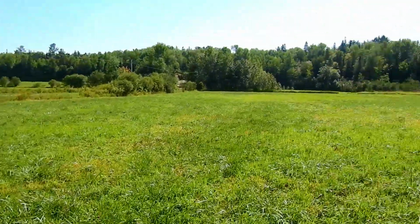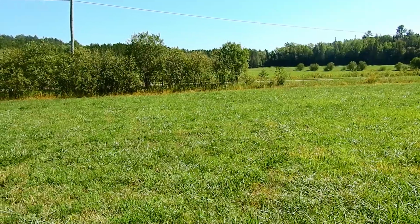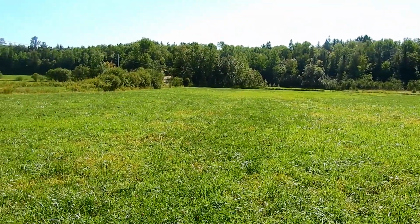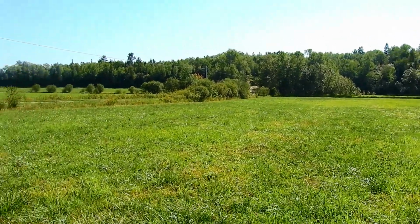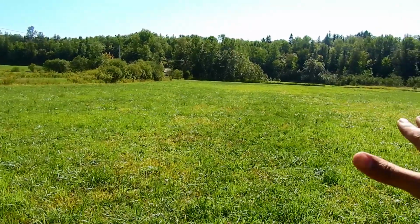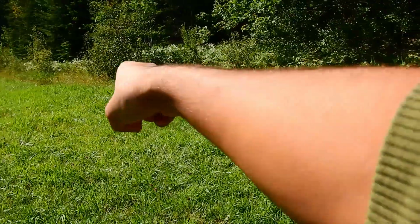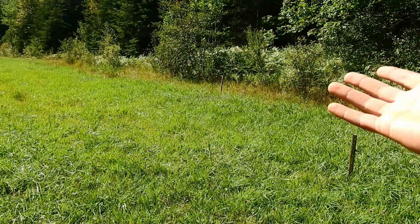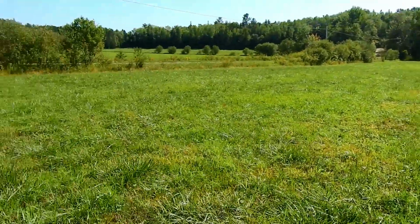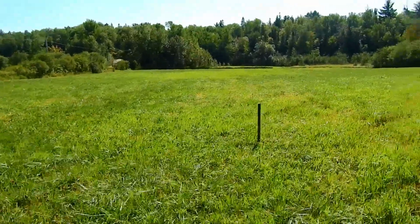And we'd like to use most of this large field as kind of a grassland education area. This was previously a hayfield. It's been hayed up till now, which isn't necessarily a bad thing. That haying creates habitat for a lot of different kinds of birds. It keeps it in kind of a grassland state, as opposed to along the edge here where we have trees and ferns coming in that kind of push it into a later stage of succession. We'd like to let the field grow up a little bit, still keep it as kind of a meadow though,